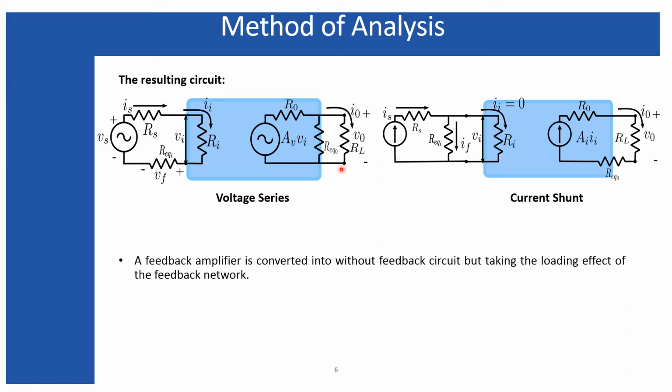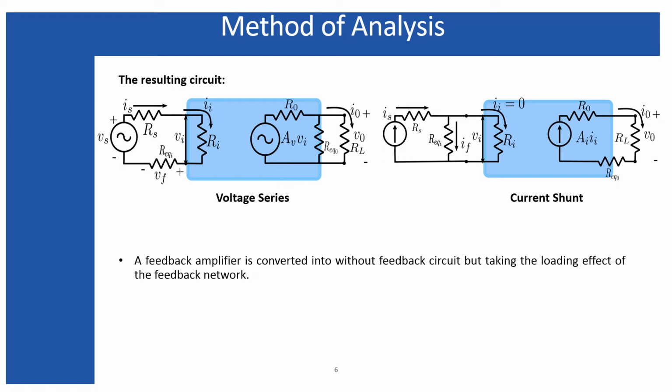The original circuit must be with feedback network. In a similar case, for the current shunt feedback, the equivalent impedances are transferred into the input circuit and the output circuit. But this input circuit and output circuit for current shunt feedback is just opposite to that of the voltage series feedback. And using these two amplifiers, I have defined the general rule for the method of analysis for the feedback amplifier.